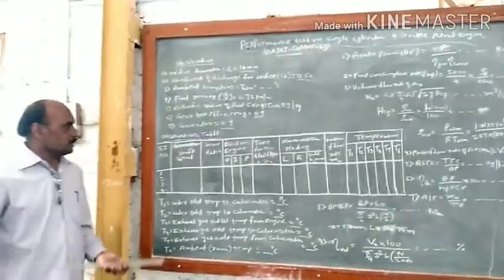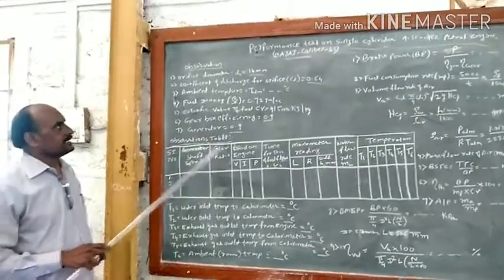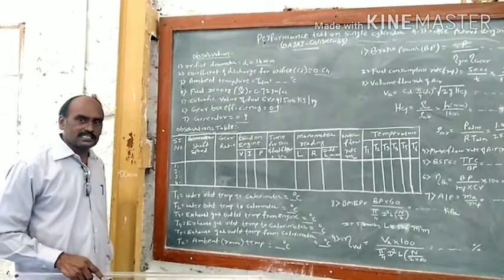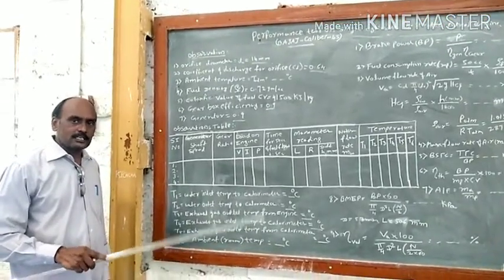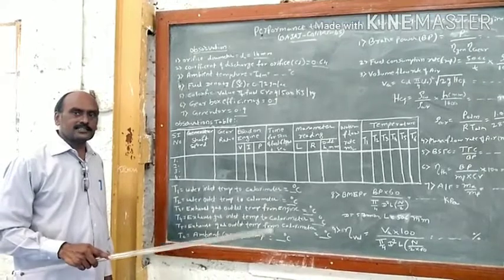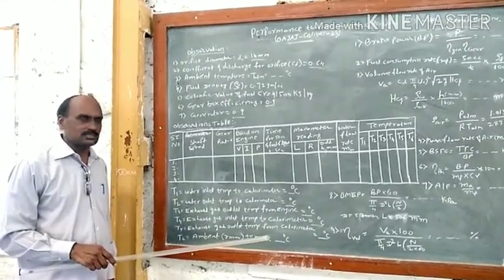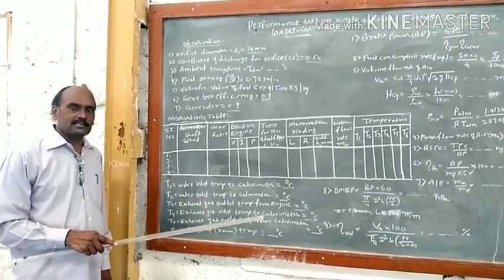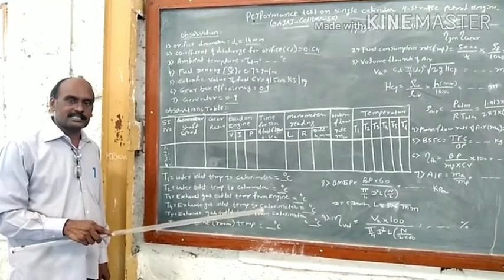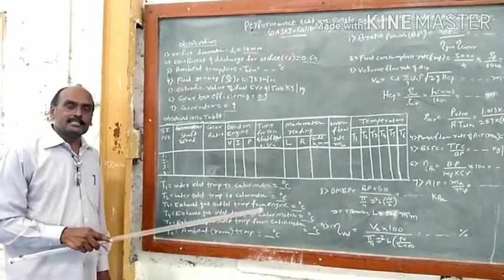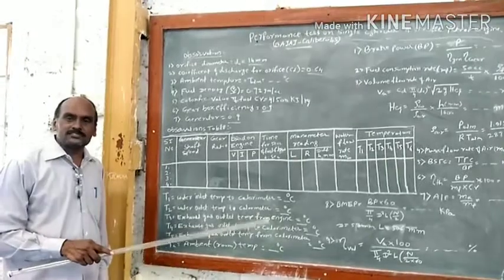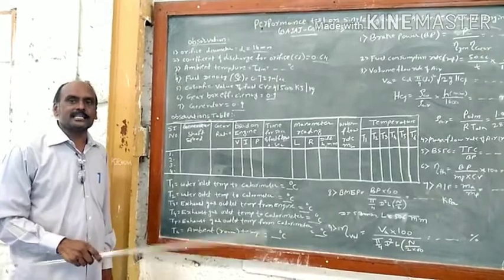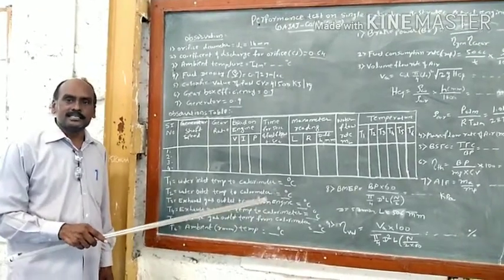Now, while doing the experiment on this engine, we need to conduct the experiment at various loads, initially at no load condition, and later at 25%, 50%, 75% and 100% of the loads. Here the load is nothing but the engine is linked or coupled with a generator, an eddy current generator or the dynamometer, and the load is applied by switching on a heater coil. It is electrical resistance type loading or heater type loading.